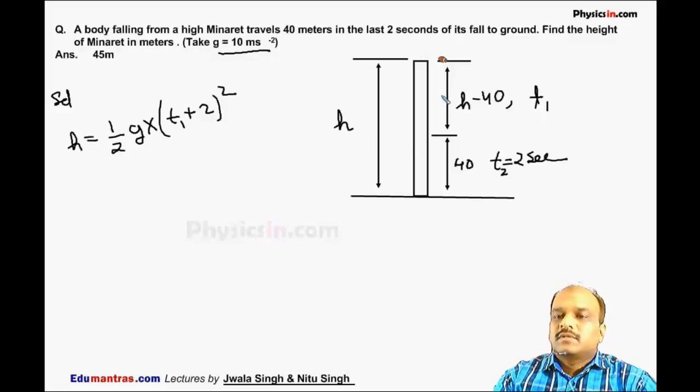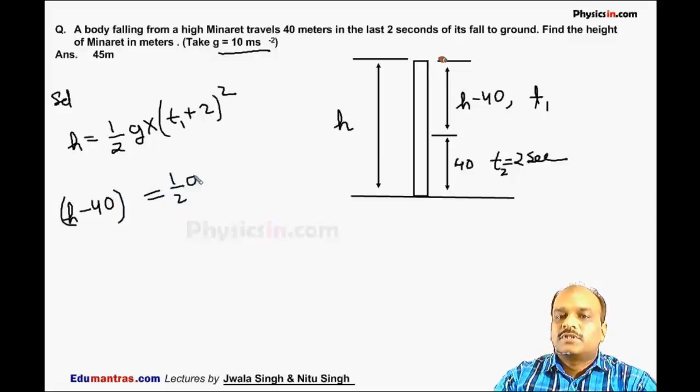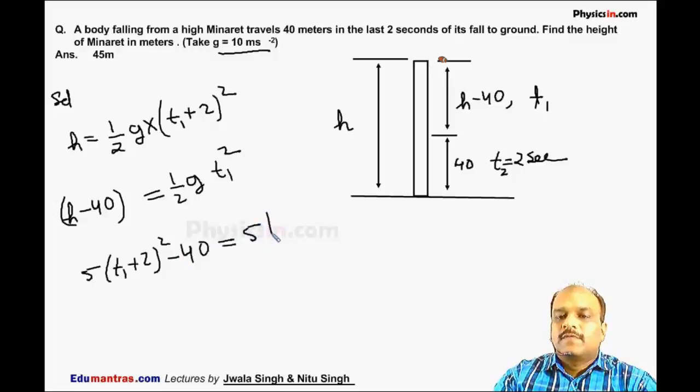In the next part, h minus 40 is the displacement in t1 seconds vertically downward, so it is also equal to half g into t1 square. Now from these two expressions, if I substitute the value of h here, I get 5 into t1 plus 2 square, minus 40,